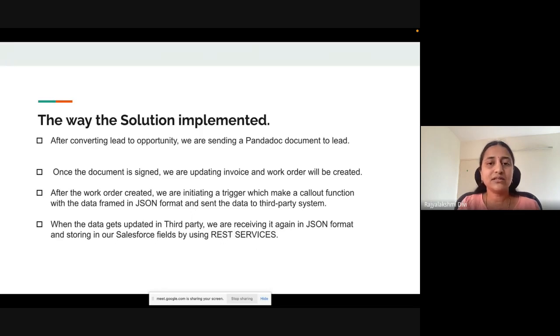After converting the lead, the solution we implemented works as follows. We send the PandaDoc document to the lead. Then once the document is signed, we update the invoice and the work order is created. Once the work order is created, we initiate a trigger there, which makes a callout function with the JSON